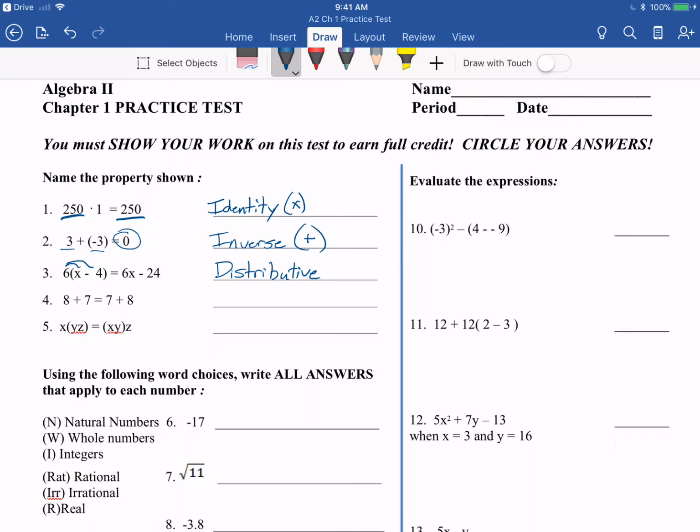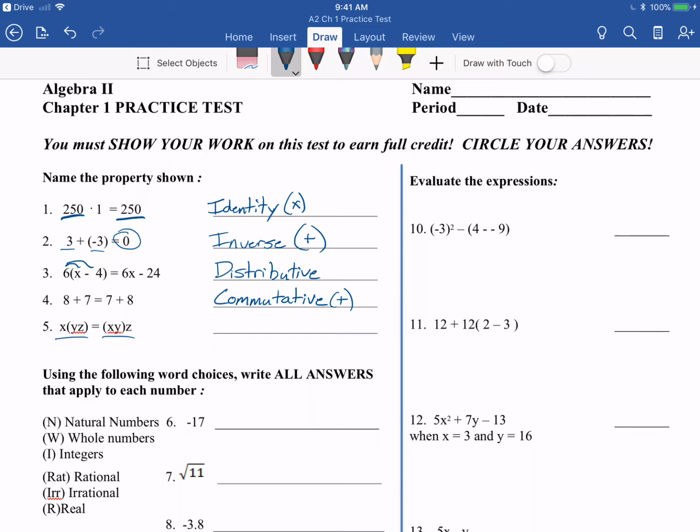Distributive property there. The number 4 is 8 plus 7 is equal to 7 plus 8. Remember there that it doesn't matter which way you add two things. The two things is commutative. So commutative. And the next one here, number 5, so this is commutative of addition, but number 5 is 3 things